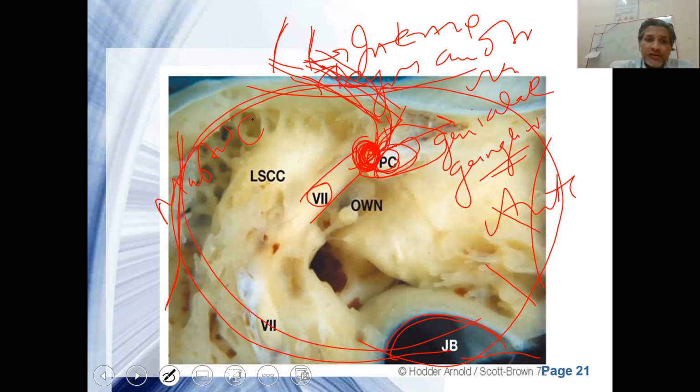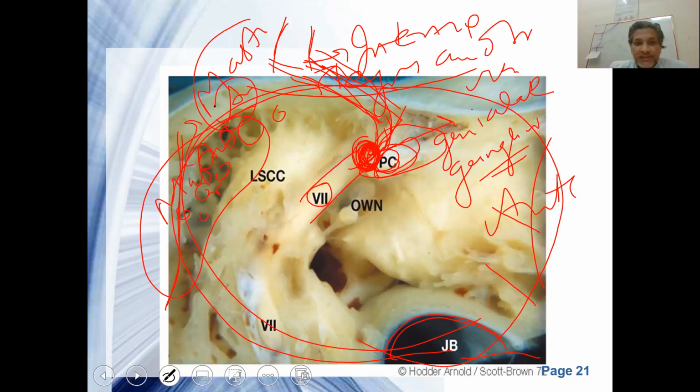These are all cells. These air filled cavities are called cells, and this large air filled cavity is called the mastoid antrum. Antrum is a large cavity, like a maxillary antrum in the maxilla. This is the stapedius muscle. This is the arch of the stapes, and this thin part is the foot plate of the stapes.